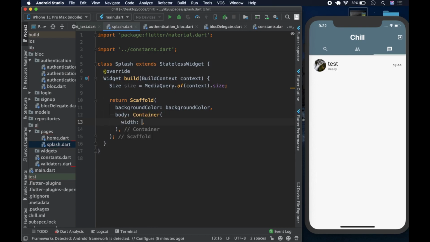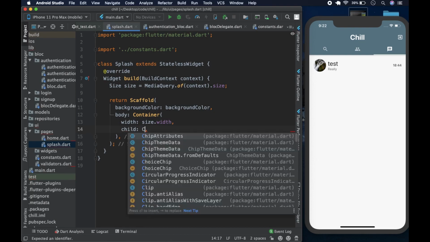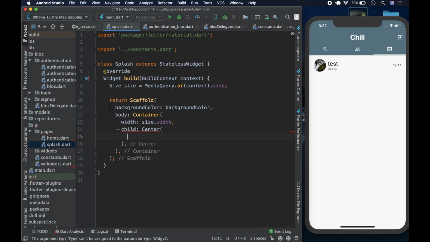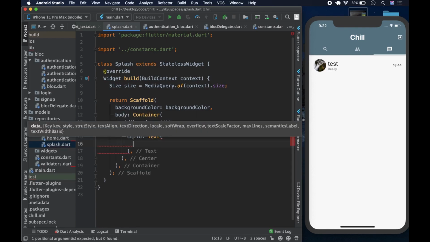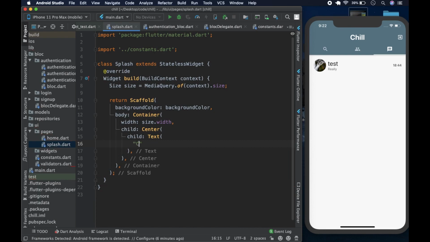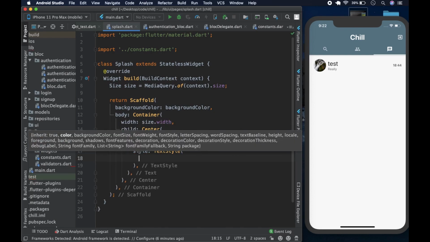The width of this body is going to be size dot width, and the child is going to be center, and we're going to have the text with the name of our app. It's going to be text, and our app is called chill, like so, and the style is going to be text style, and we are going to have a